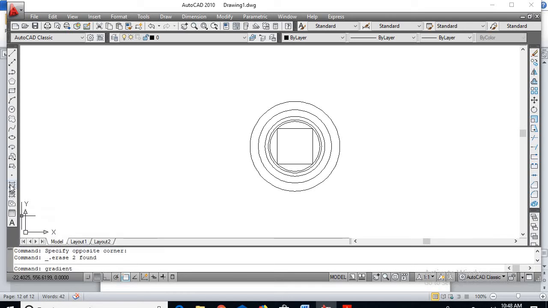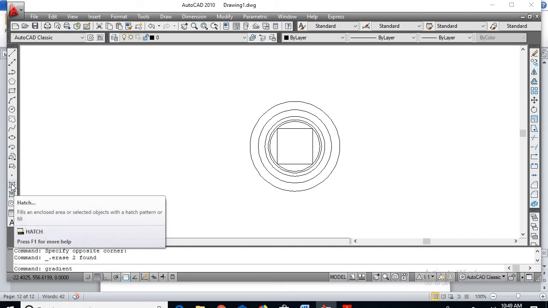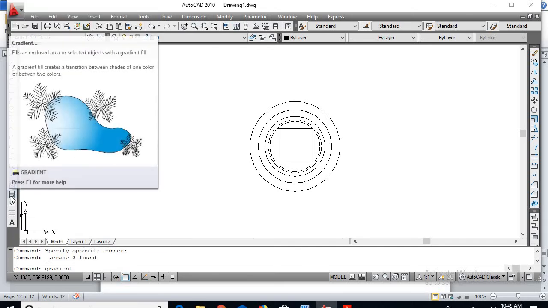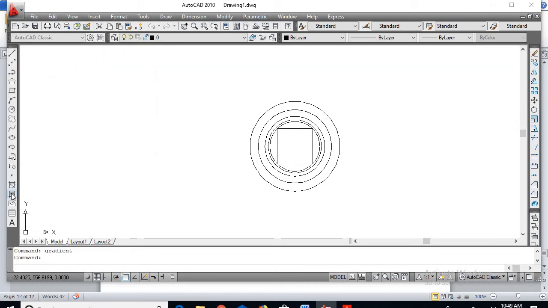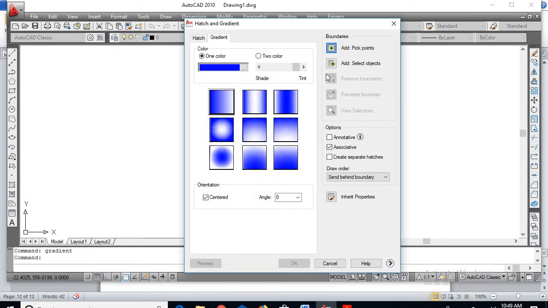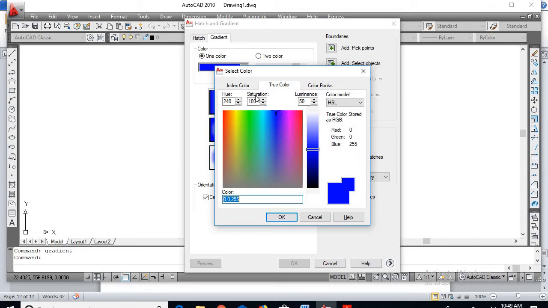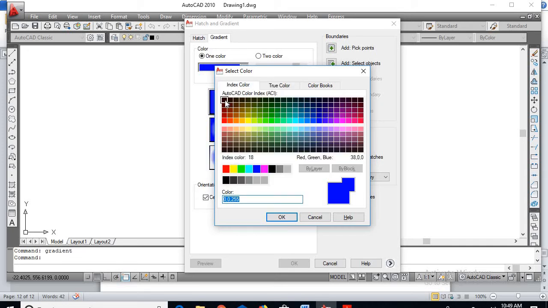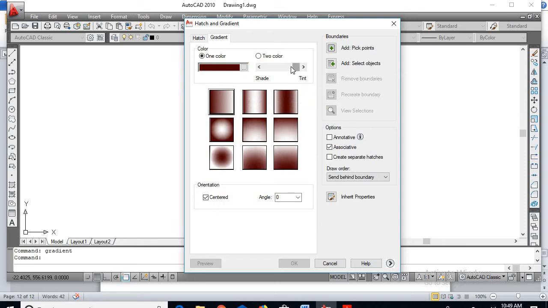There is a hatch command towards the left of the toolbar, and there is a gradient. So here I can click the gradient. I will be getting the colors. I will go for black color because I have to show insulation. Say OK.